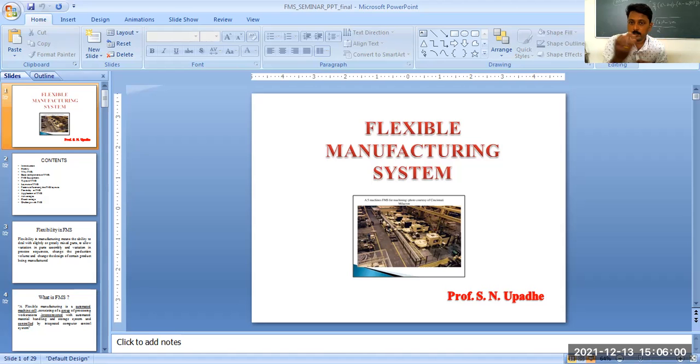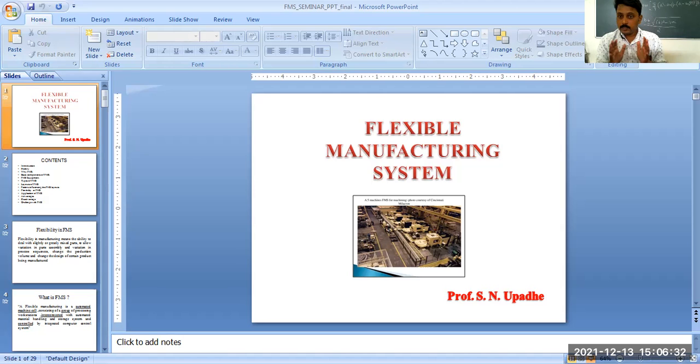As you know, on the assembly line there are different types of workstations, where at one workstation one type of system is applied and at another workstation a different type of system is applied. So when we use FMS, it consists of a group of processing workstations. They are interconnected with automated material handling.